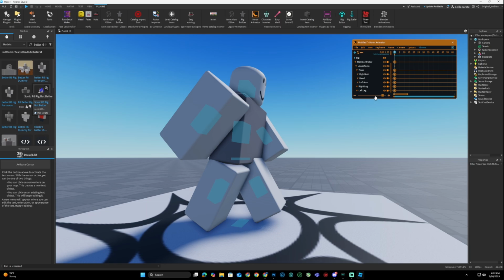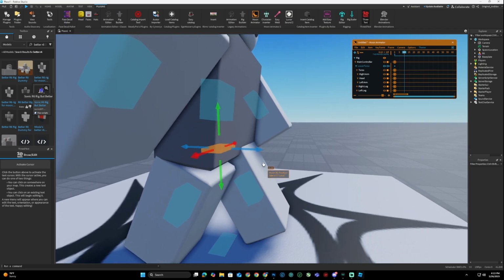But after that, all right. Now that we got everything set up for the first frame, we have everything ready for the first frame. Now we want to move on to the second frame, which is 10 frames. So you can just click on where it shows the frames, which is highlighted in a cyan blue box, a small box, and just hold left click, and then move it to frame 10. And then after that, you wanna move the